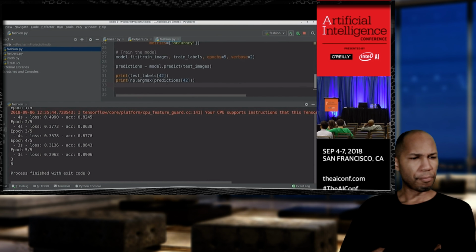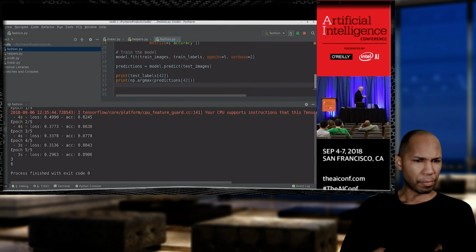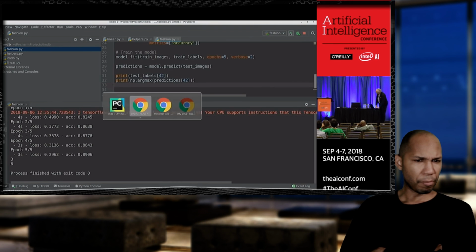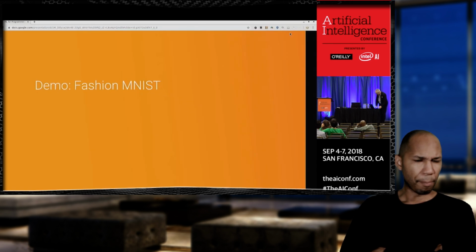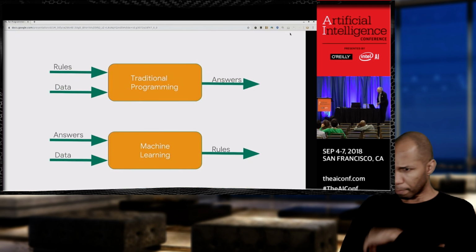But in the first epoch, you see this accuracy figure, 8245. That means it calculated it was 82% accurate. The second epoch, 86% accurate. The third, 87, all the way to the fifth, 89. I could probably train it for 500 epochs, but we don't have the time. But then it might be more likely to get number 42 correct. And thanks, Mr. Douglas Adams, for giving me one that doesn't work, so I can come back and test it. Okay, so that's Fashion MNIST and how it works.